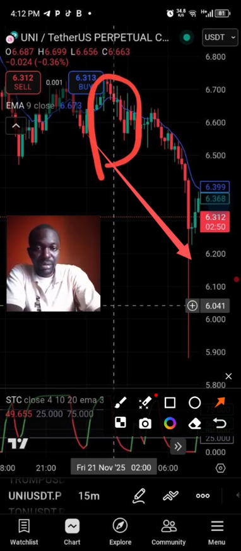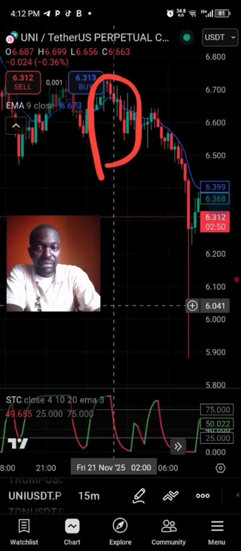So that's just it, guys. Just learn to spot all these things. Oh, and before I forget, let's look at our famous pattern, the three white soldiers, and look at it there again. 1, 2, 3. This pattern has 80 to 90% accuracy. Once you see it, that's a guarantee that prices are moving in that direction.